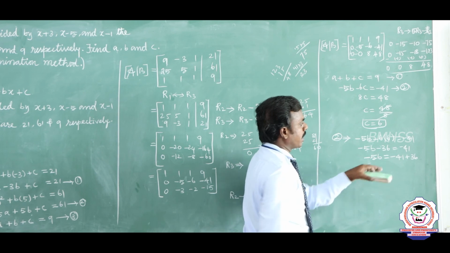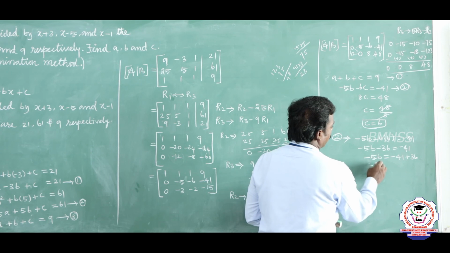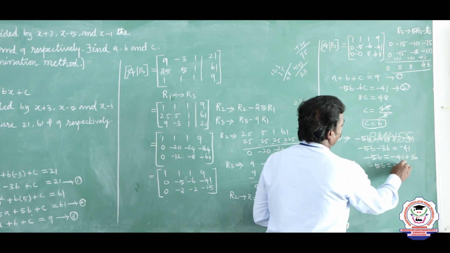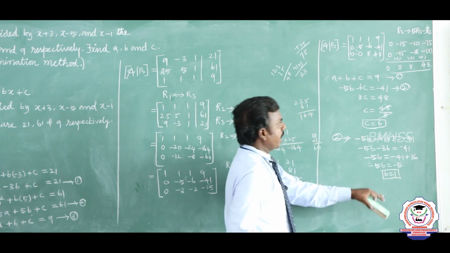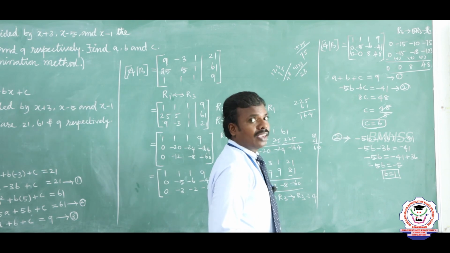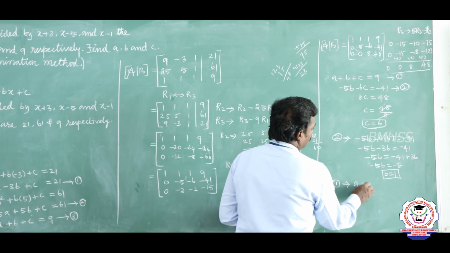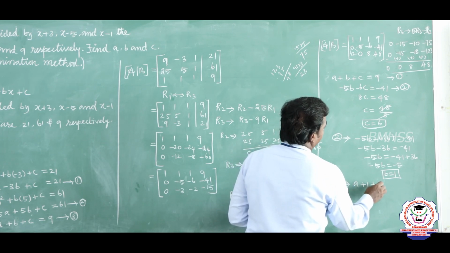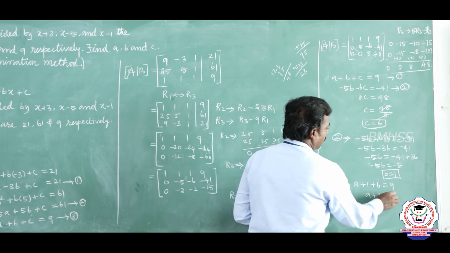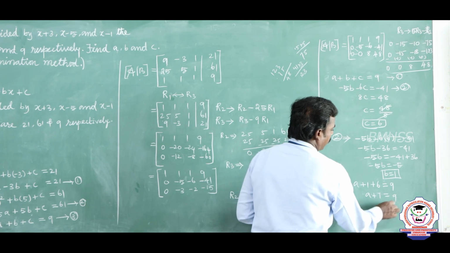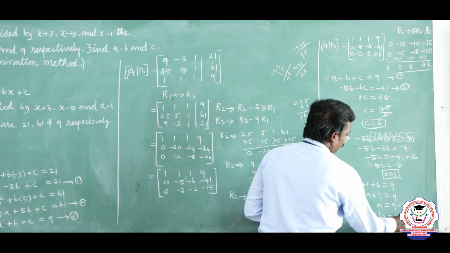So minus 41 plus 36. So subtract 36 from 41. So 5 is there. So greater number 41 has minus. So minus 5 is there. So minus 5b equal to minus 5. So after the cancellation b equal to plus 1. So now I have b and c value. So I can find the value of a from the first equation. So from 1, a plus b is what? Plus 1 plus c is 6 equal to plus 9. Listen to this, a plus 7 equal to 9. Therefore, a equal to 9 minus 7. From this, value of a equal to 2.